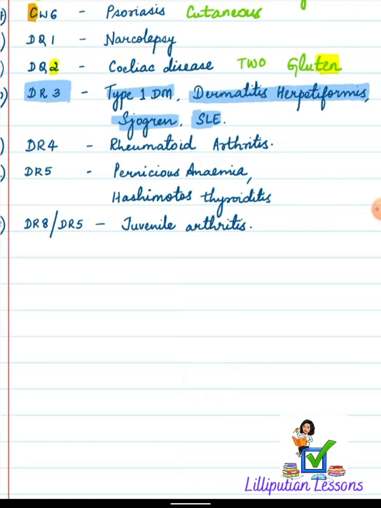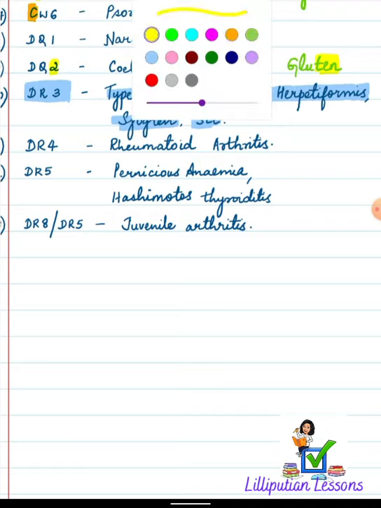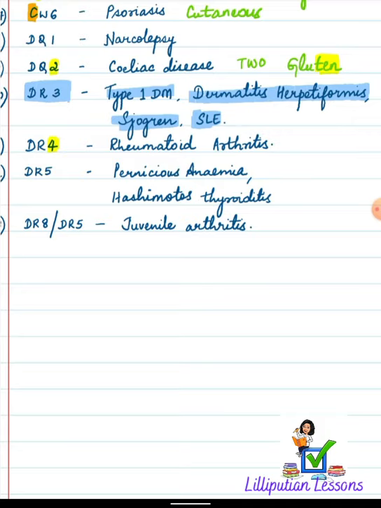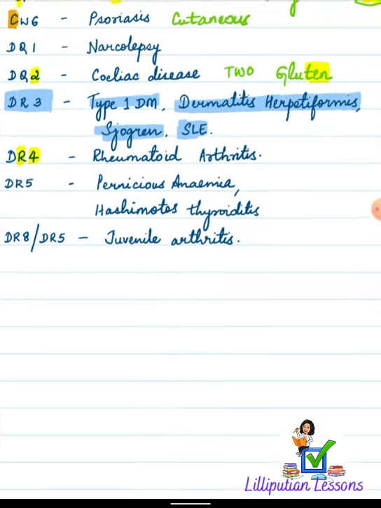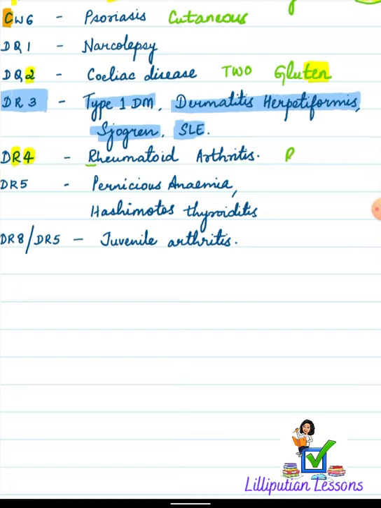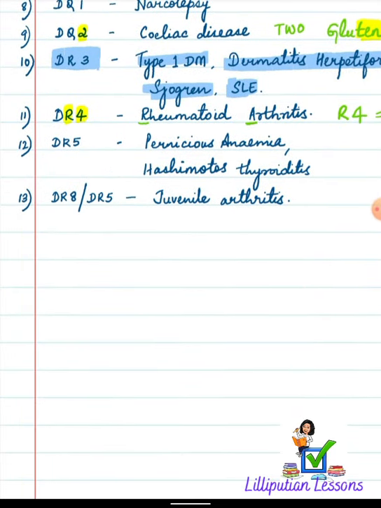Okay, so next will be rheumatoid arthritis. You may get confused here because DR3 is all these popular connective tissue disorders, and type 1 diabetes being an autoimmune one. So DR4 is for rheumatoid arthritis, and how you can remember this is if you look at this 4 and this R. Okay, so R is there anyway here, rheumatoid, and this A looks like 4. Okay, so RA is R4. Okay, so just they look alike. That's how you remember that.